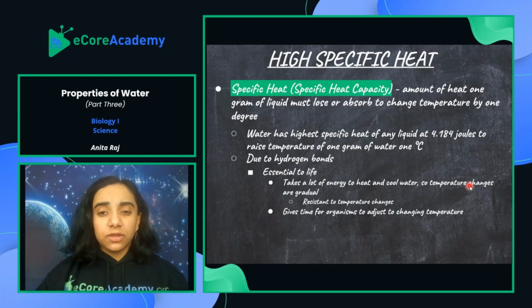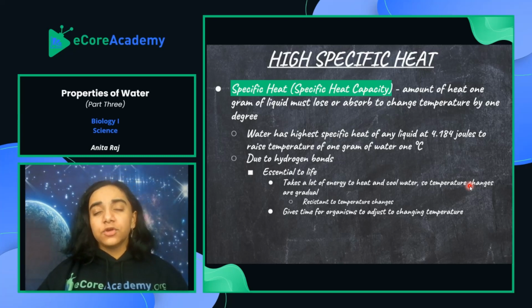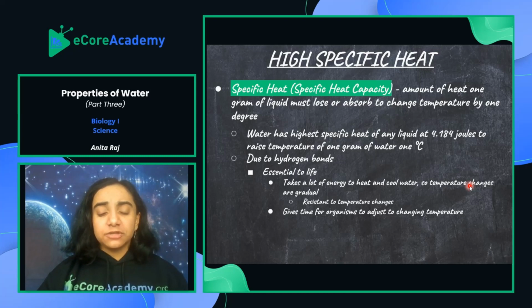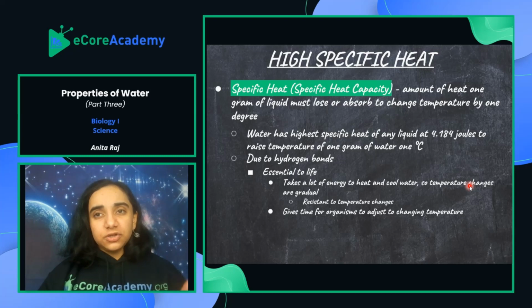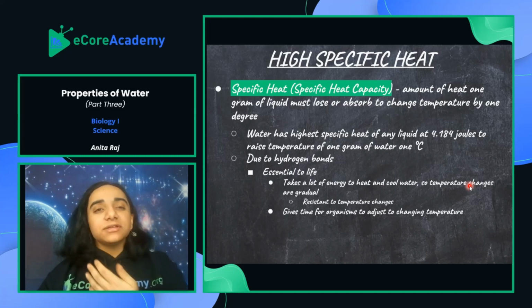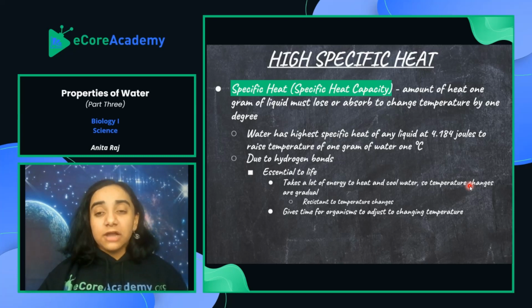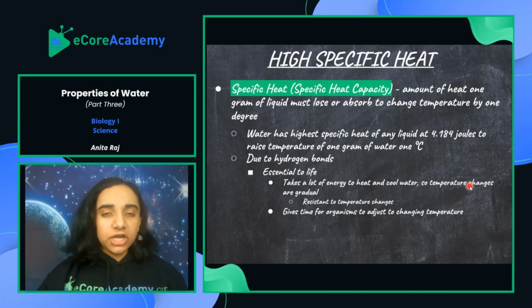So that's all due to the hydrogen bond. If you have a body of water in an ecosystem, it's going to be essential to life, because if the environment gets too hot, the hydrogen bonds in the liquid are going to absorb the heat in the environment, but they're not going to change into a gas yet. The water will still be water, but the hydrogen bonds are going to absorb the heat